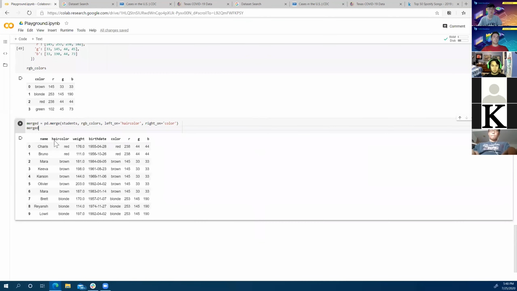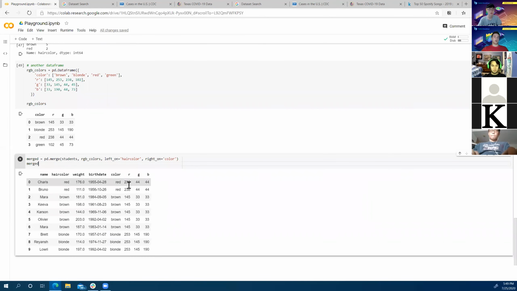All right, so here we see that we were able to merge two data frames, the students data frame and the RGB data frame, on the hair color and color columns.